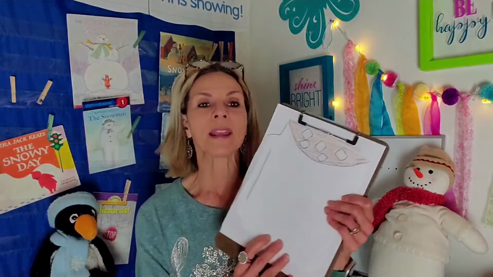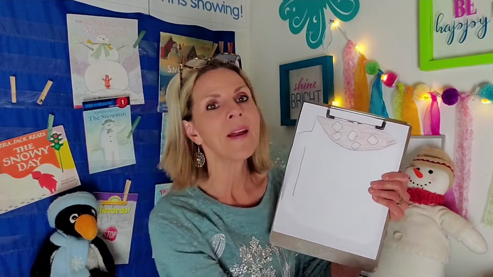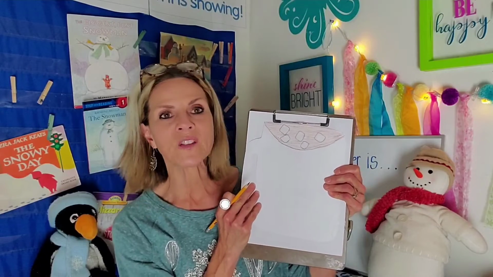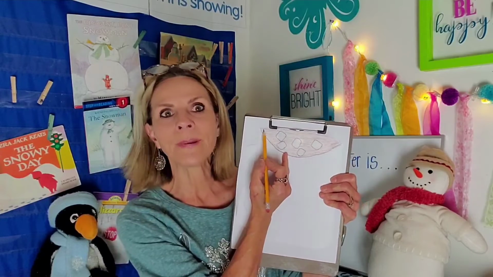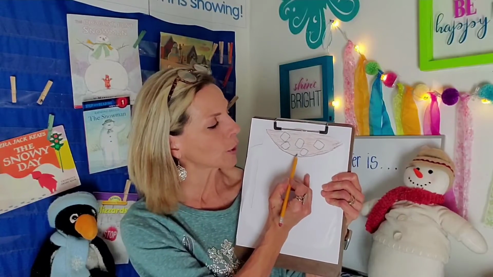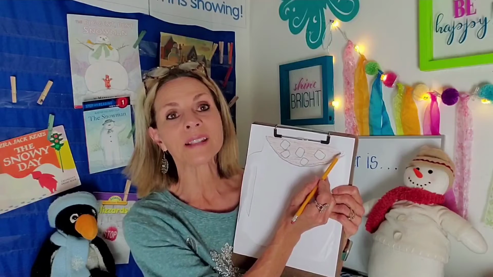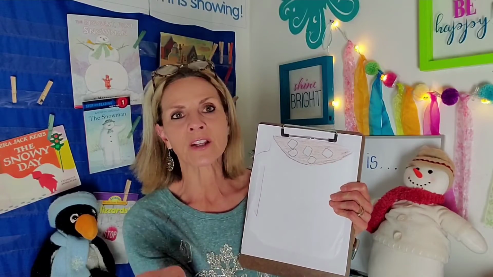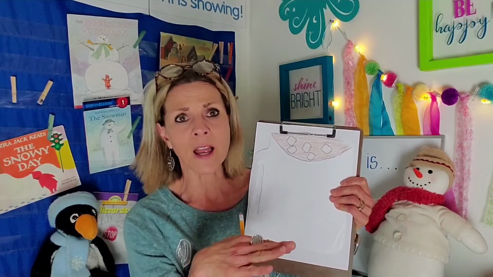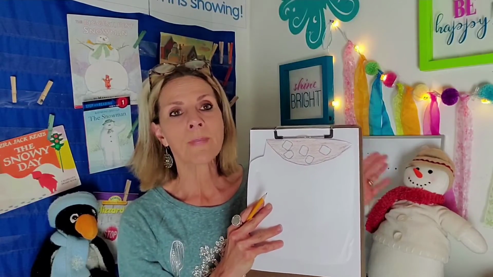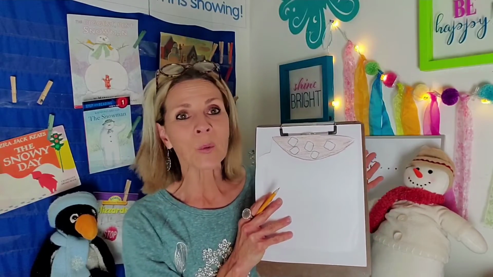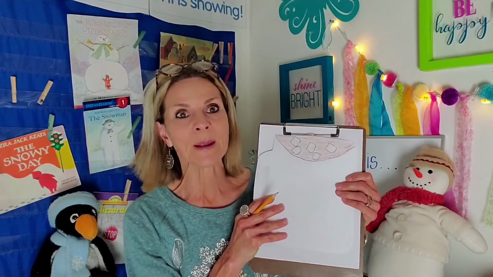Step number two, after they trace their hot cocoa mug, you're going to have them get their pencils. I always do this with them. And we talk about the fact that we're going to be making the lip of the mug. We're going to make a big smiley face from corner to corner. And you're going to draw that with them together. You can do it on a document camera, or you can hold up your paper. Sometimes I've even had to put magnets on my whiteboard,